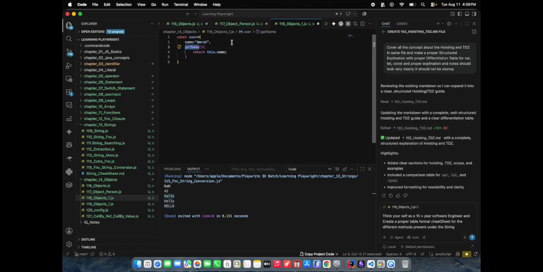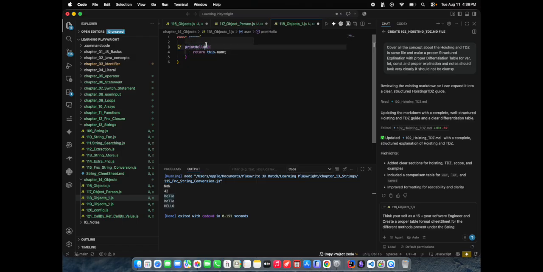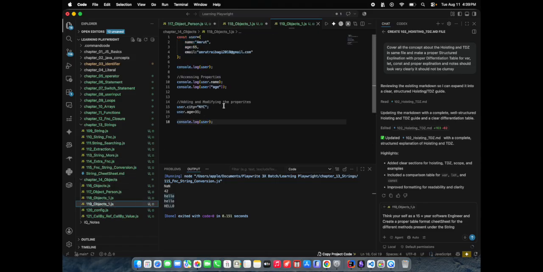This getName can also print hello, anything it can be. It's not only getName; you don't need to write getters or setters like that. It can be any name, and you can write a function inside the object. The key-value pair can also be like this. And we will have one more example, where we will see how we can access this.